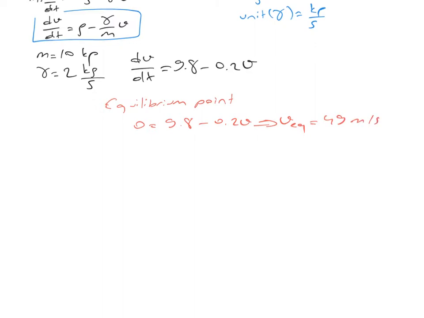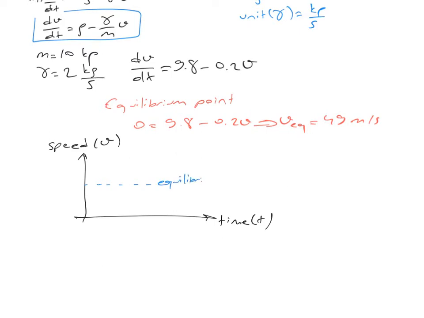Let's sketch the graph of speed. Time, t, speed, v. And here is our equilibrium point, which is 49 meter per second. Let's turn back to our equation. If the value of speed is bigger than the value of equilibrium point, this value will be negative. So the derivative value will be negative. So the speed value will be decreasing,